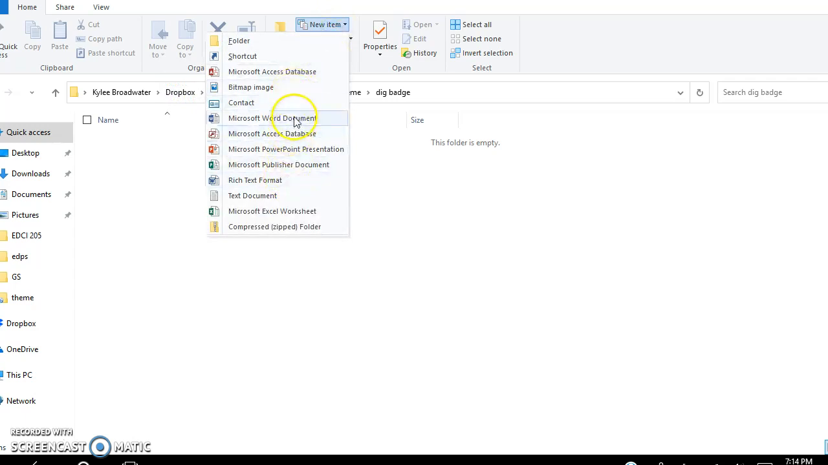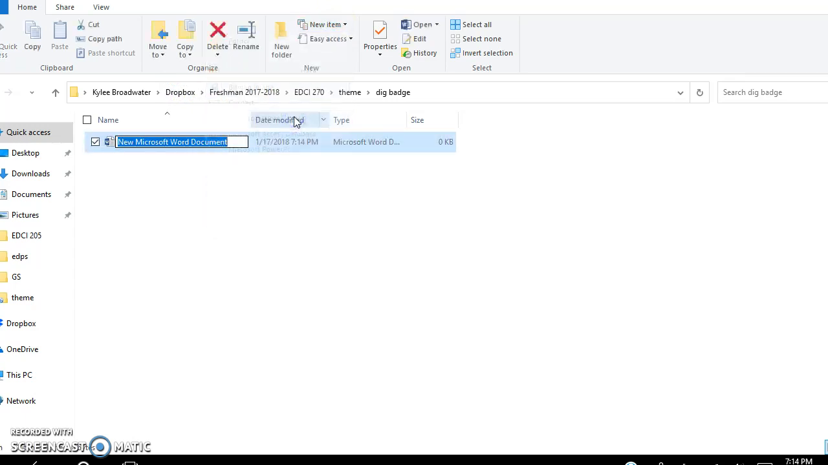So say I want to open a Word document, it'll open a new one, and I can save it whatever I want. So I can just put digital 2, and you can access it here instead of having to go to Word and saving as there. And then if I wanted to